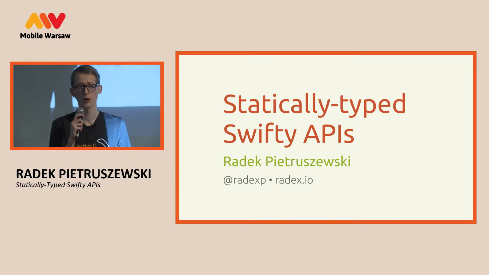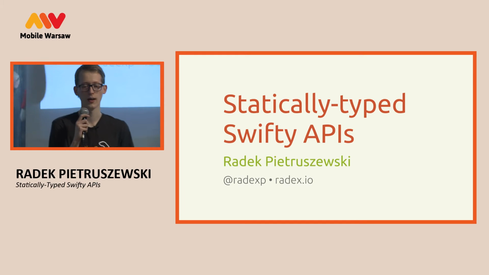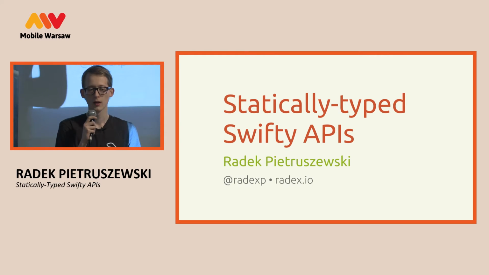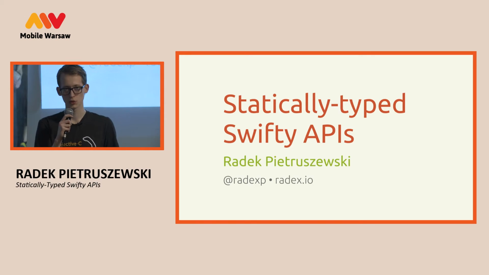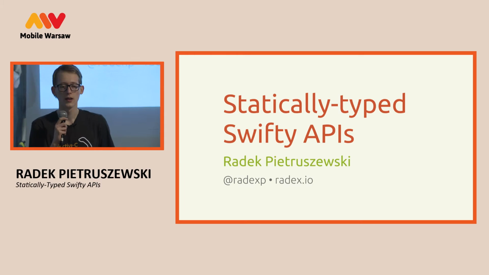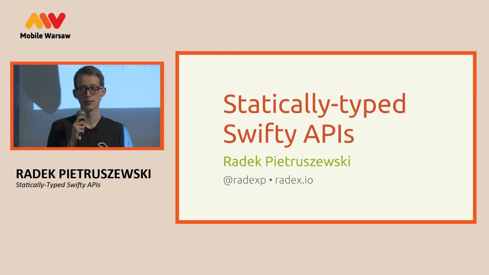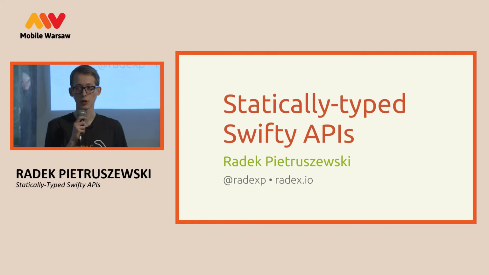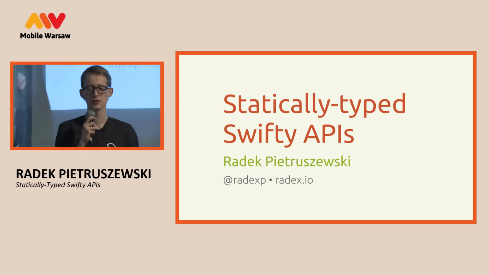I don't know how many of you have been here back in October when I was here talking about clarity in Swift, and I was sharing some ideas about how to write nice, clear, understandable code in Swift. And so this is sort of a spiritual successor to the previous talk,